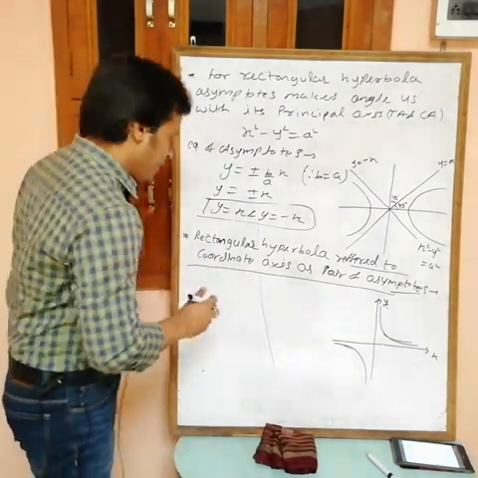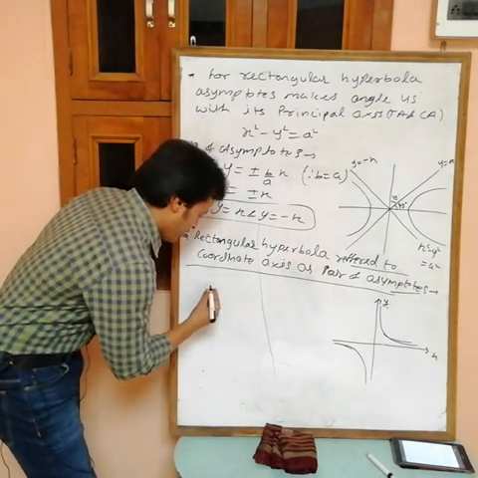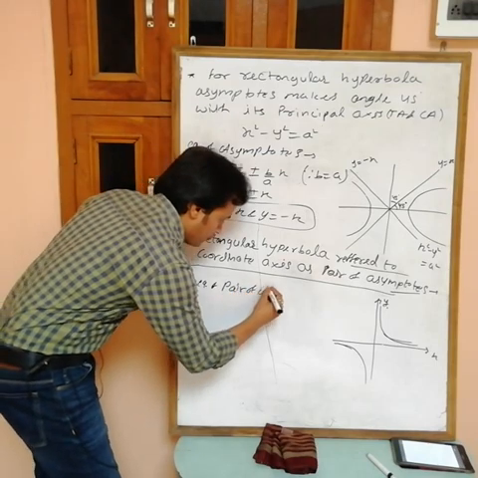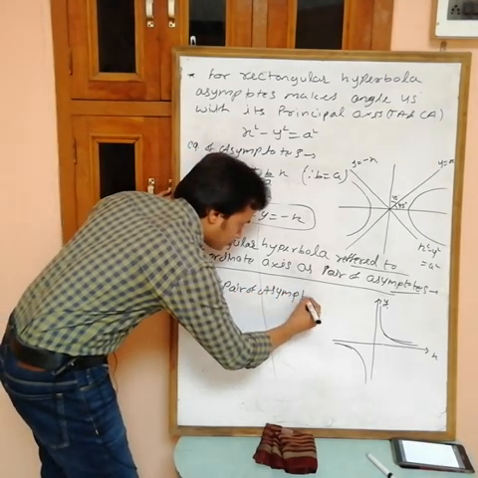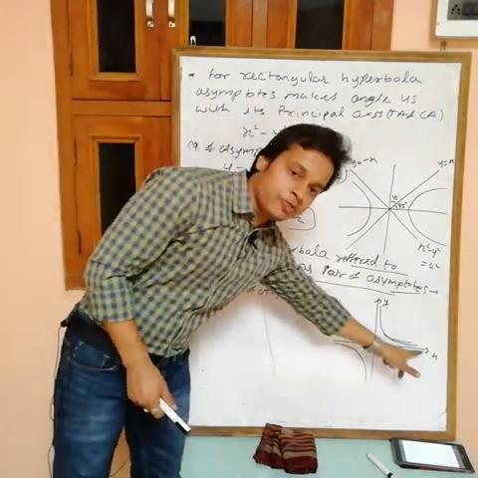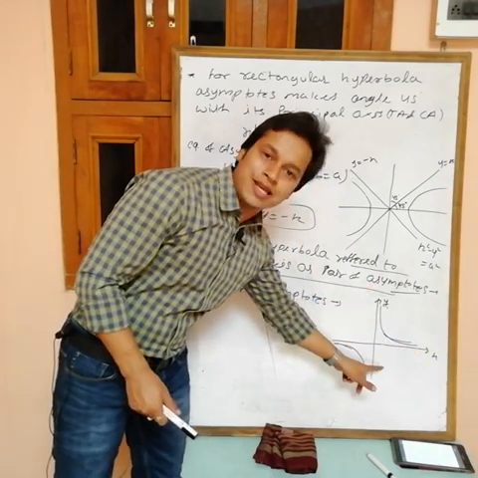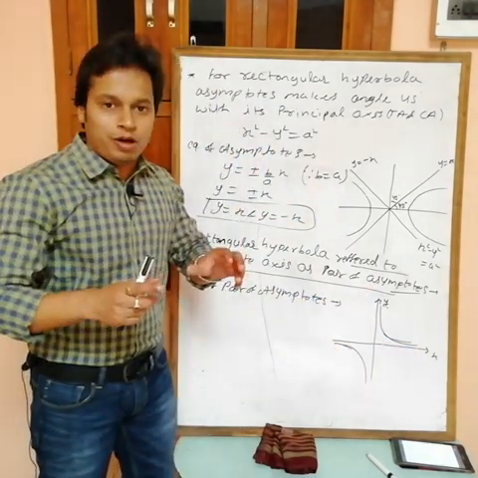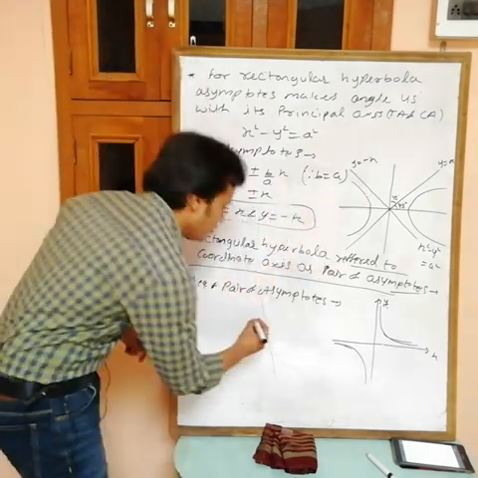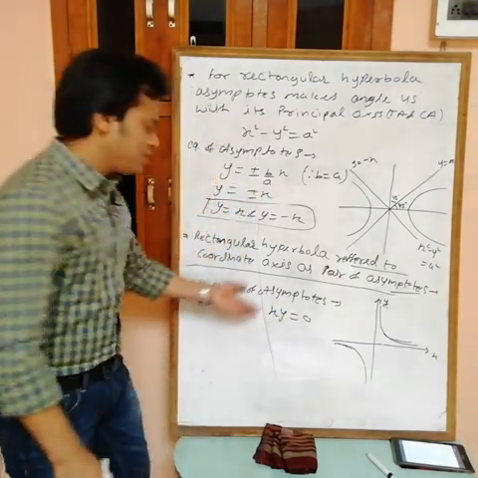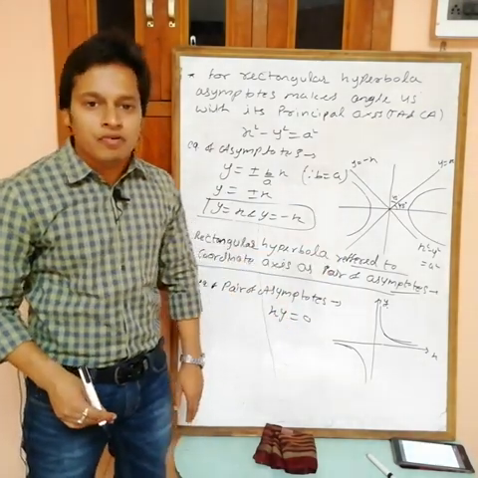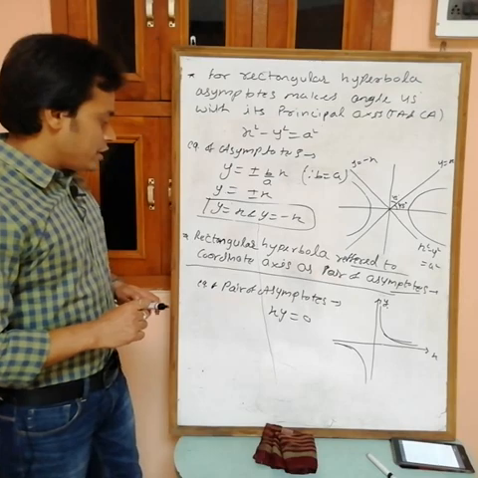How to find it? Now see, can I say that the equation of the pair of asymptotes... The equation of this asymptote is y equals 0 and the equation of this one is x equals 0. So if you want the pair of asymptotes, multiply y equals 0 into x equals 0. If you multiply, what are we getting? We are getting xy equals 0. Obviously, if you solve this, you will get x equals 0 and y equals 0, the equations of the x and y axes. So this is the equation of the pair of asymptotes.